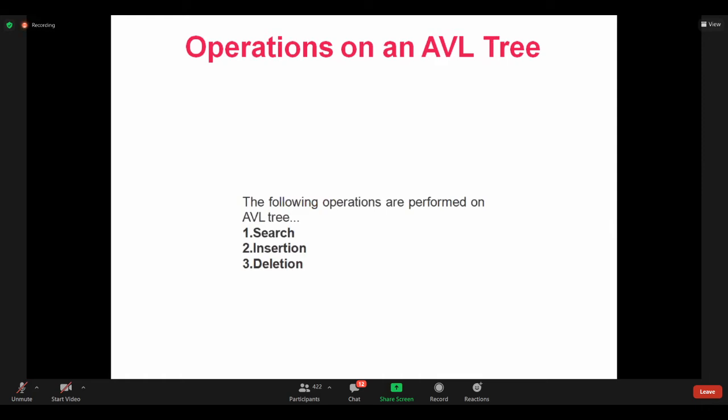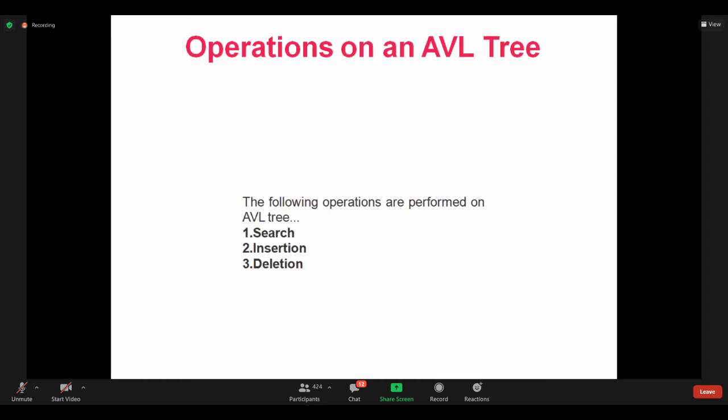This is also already discussed: search, insertion, and deletion. Let me tell you what is a search operation. You all know the search operation is exactly similar to BST. When I want to search an element, first I'll check with the root node. We are using BST property in AVL tree implementation. If the search element is less than the root node, we'll go for the left subtree and search for the element. There are no rotations in the search operation, so I don't want to discuss search operation again and again. And insertion I already discussed, right?